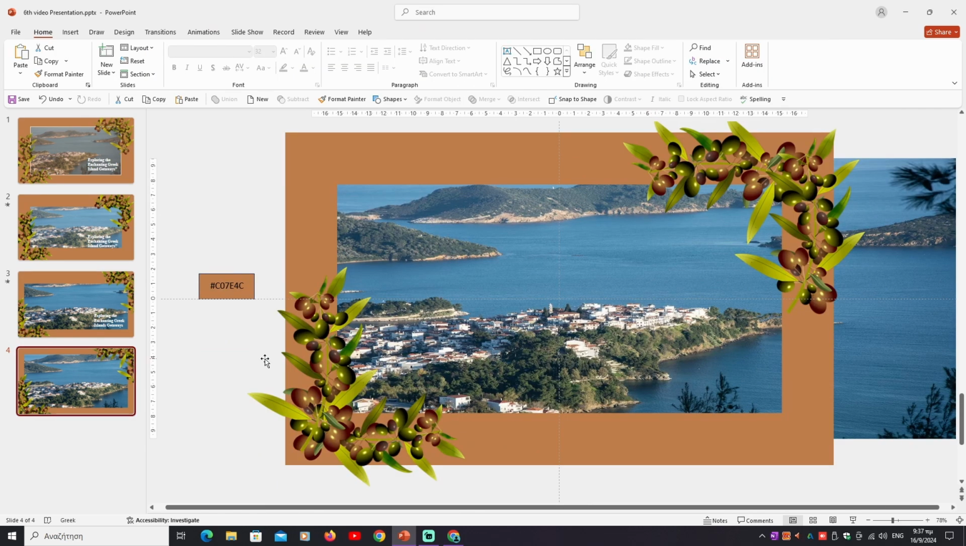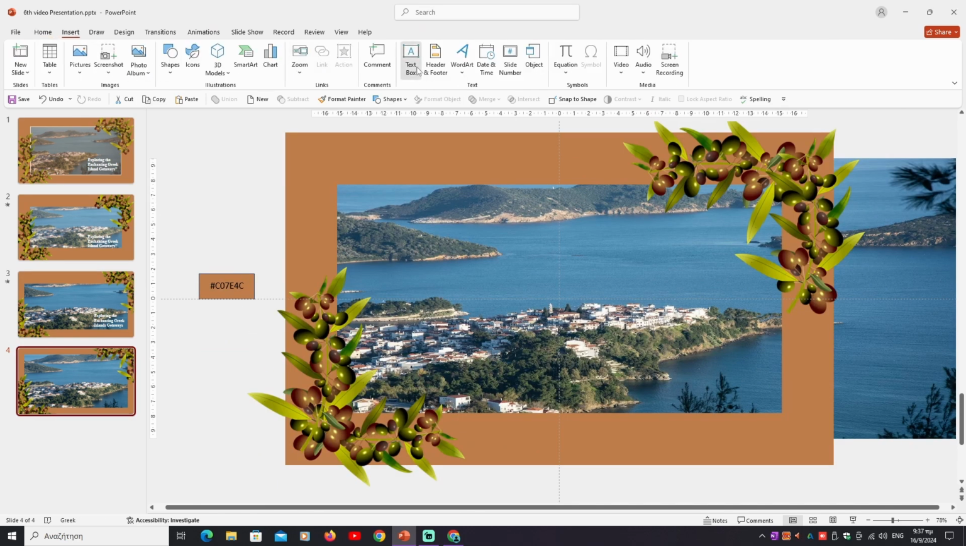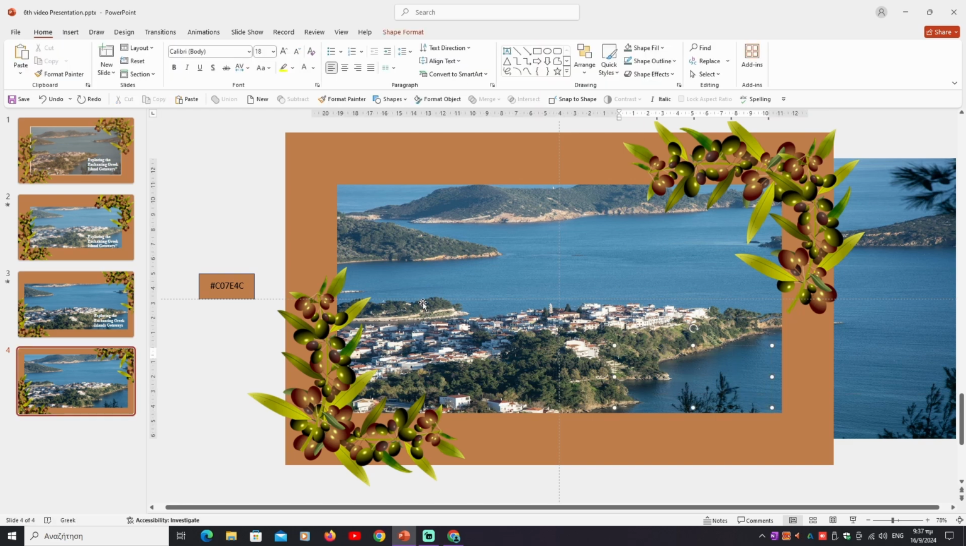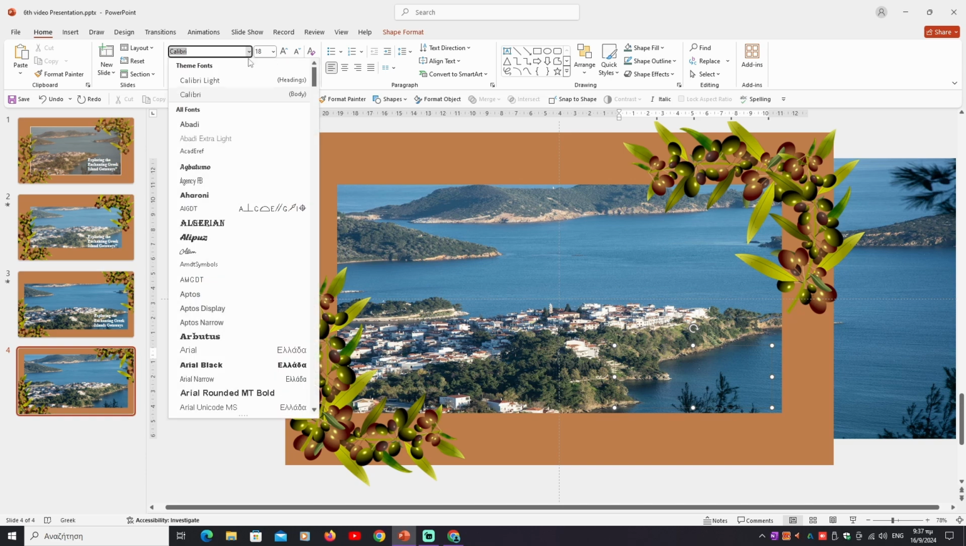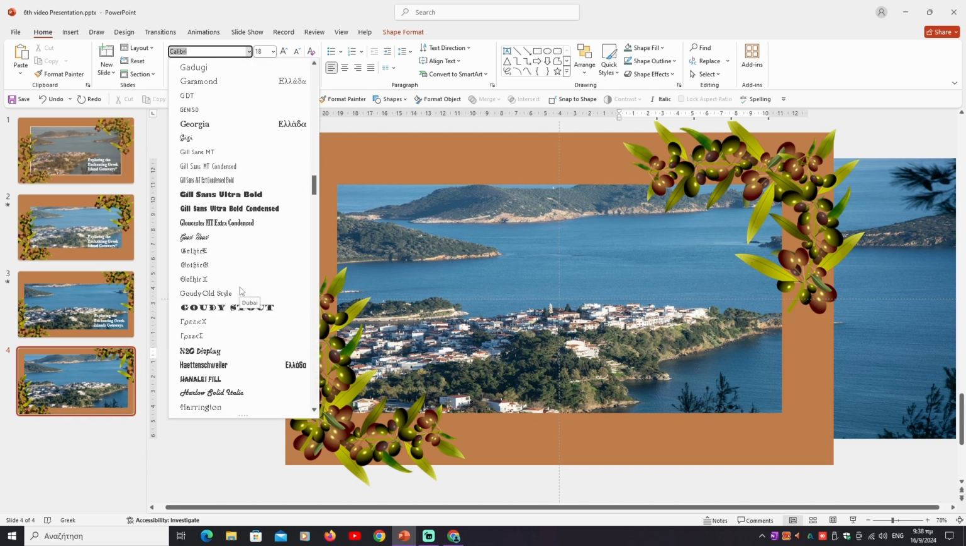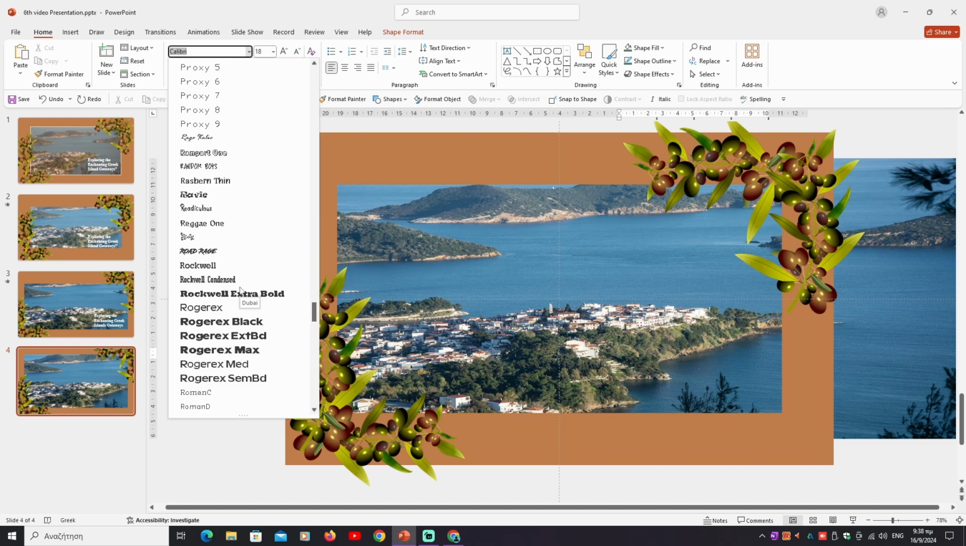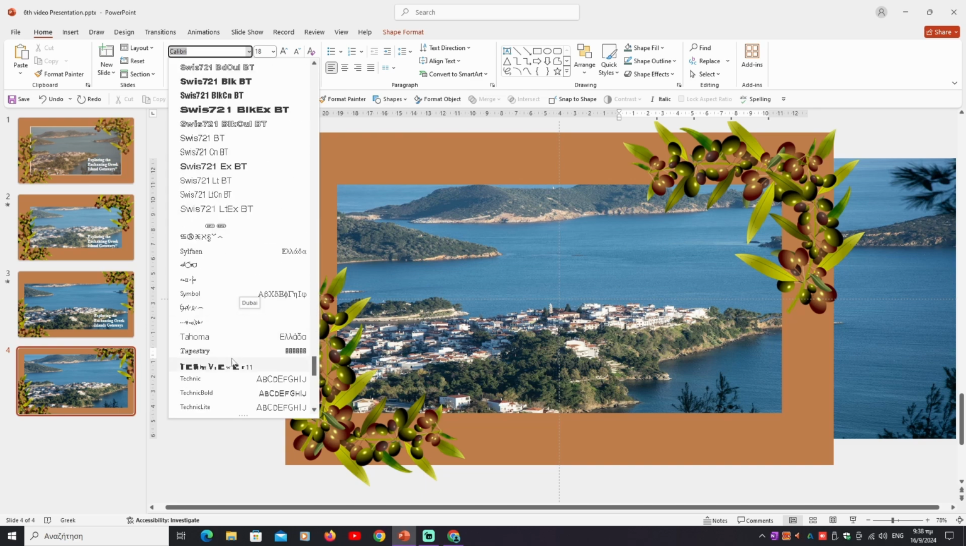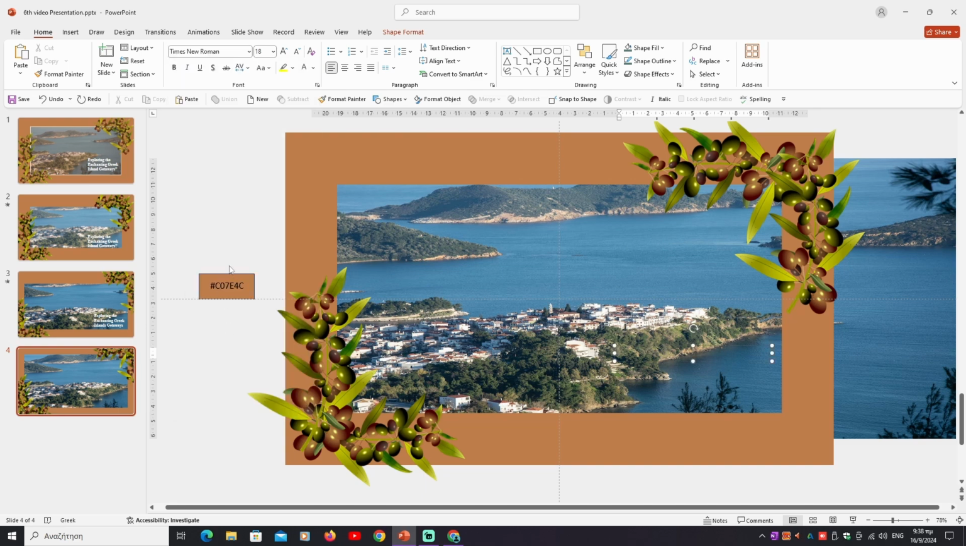Now we want to insert the title. We go to Insert, Text Box, click in the desired position. We want to choose Times New Roman font, size 32, bold and shadow, white color we choose, and we write our title,